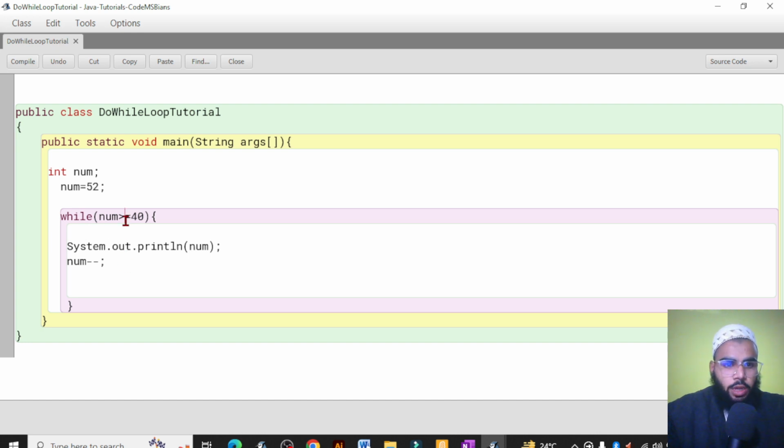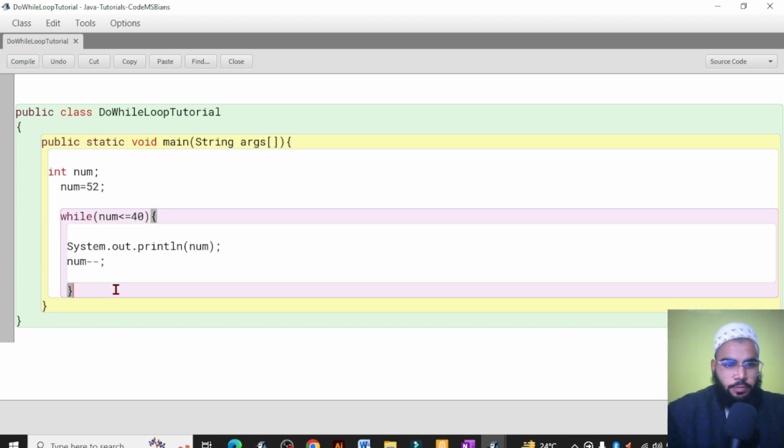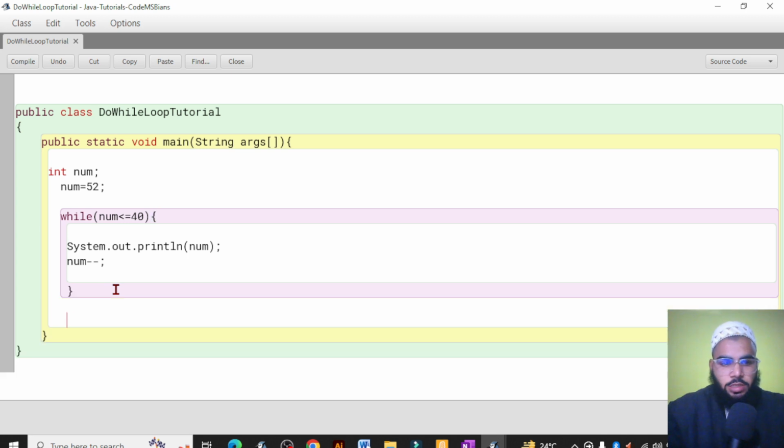Okay, let's go ahead, and I am writing that num is lesser than or equal to 40, right? So is 52 lesser or equal to 40? We have these two numbers, one is 52 and the second is 40. Is 52 lesser than 40 or equal to 40? It's not equal and it is not lesser, because 52 is greater, right? So whenever this is greater, this loop will never execute. This will fail and we will have the system statement. I'm writing a print